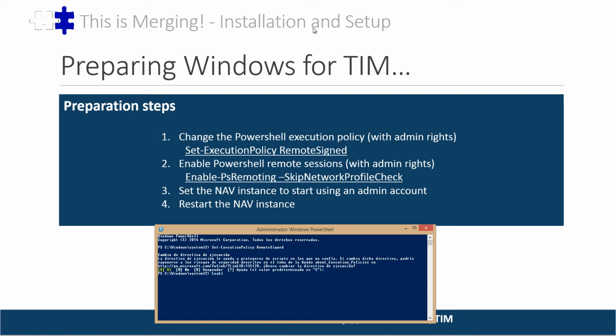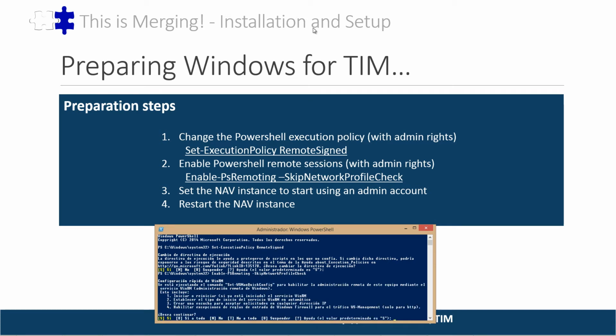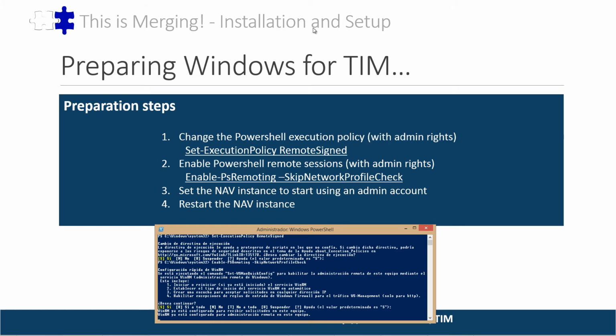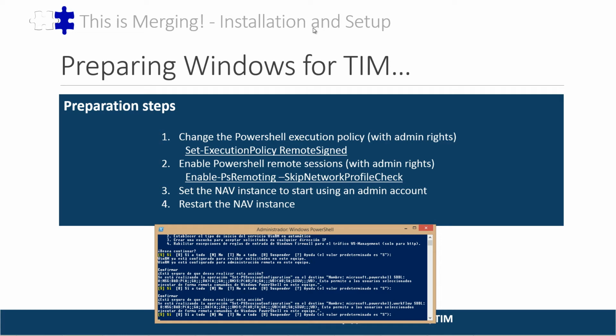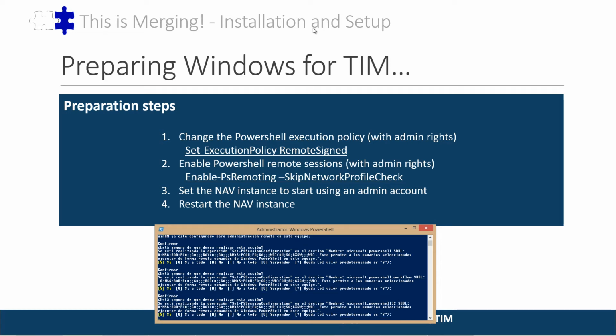And then the second one, enable PS remoting, with the parameter skip network profile check. Here we will have different questions, accept and accept. Those two commands we just executed are mandatory, otherwise TIM cannot work properly.